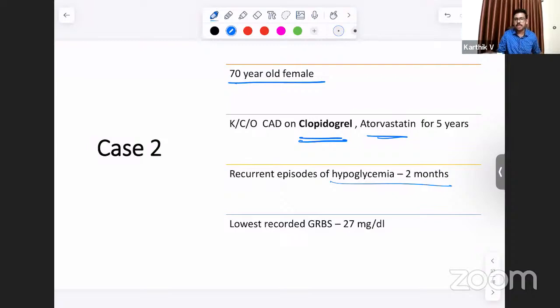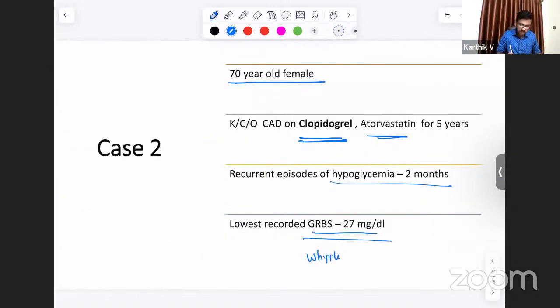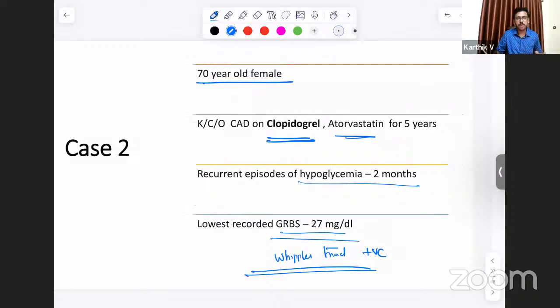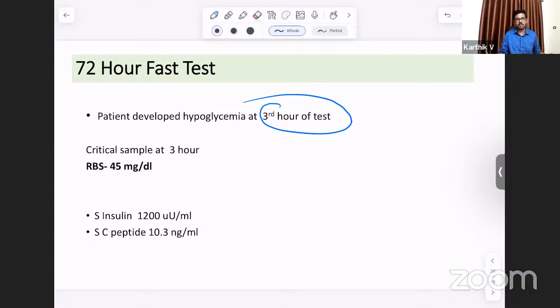So she was apparently normal for so many years, and now has a new onset of recurrent episodes of hypoglycemia, and the lowest recorded GRBS was 27 milligram per deciliter, and Whipple's triad was positive. When Whipple's triad is positive, you have a high likelihood of the patient having a hypoglycemic disorder. This patient developed hypoglycemia during the 72-hour fast test as early as the third hour. So you can say it is sort of a postprandial hypoglycemia, but even severe cases of insulinoma can present with postprandial hypoglycemia. The critical sample at 3 hours showed the plasma glucose at 45